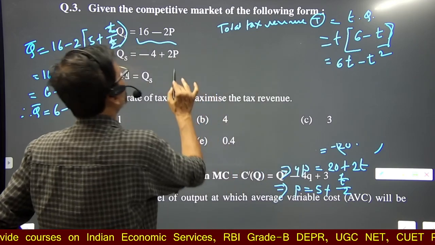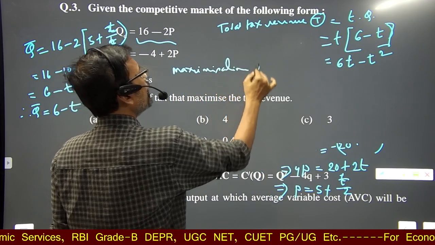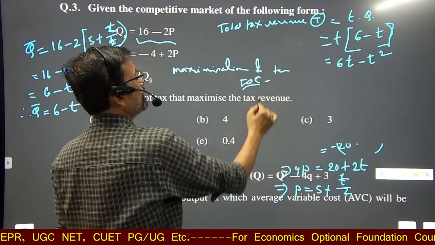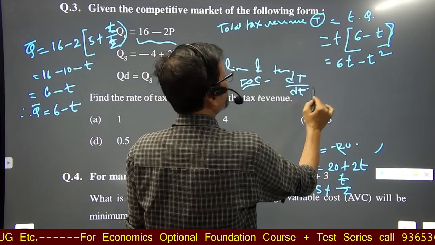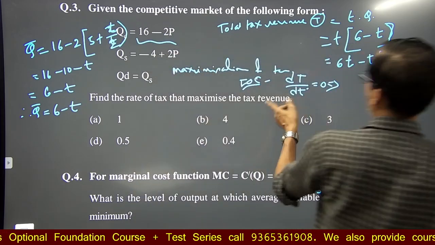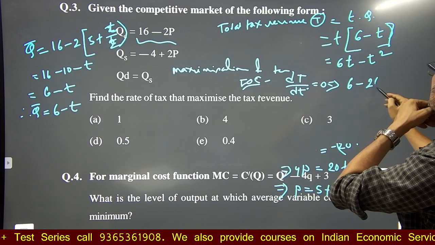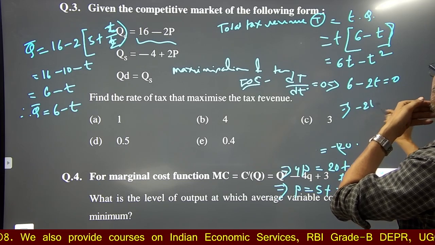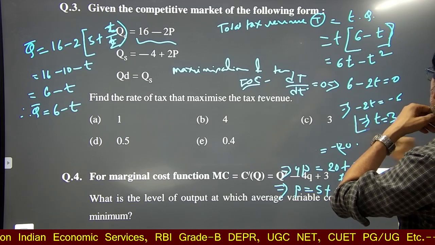Maximization of tax revenue, first order condition. So dR by dt, differentiate and set equal to 0. When we differentiate this one, 6 minus 2t is equal to 0, so minus 2t is equal to minus 6 and t is equal to 3. So the rate of tax,